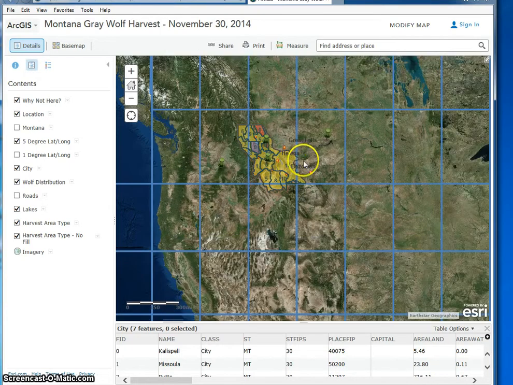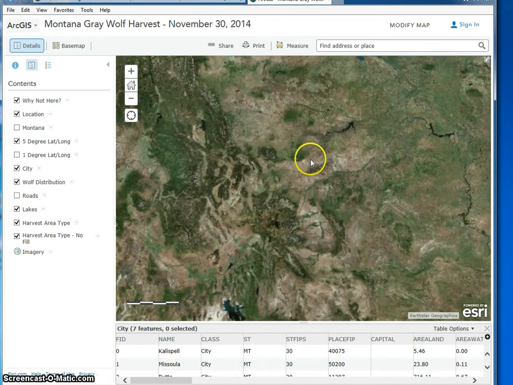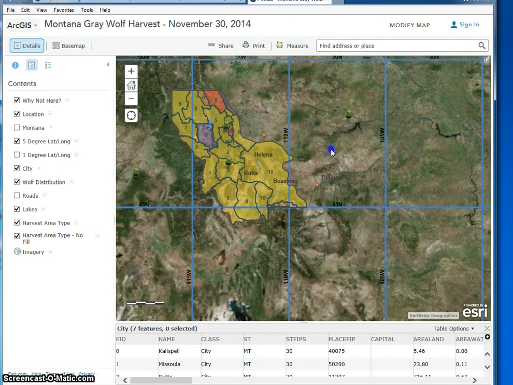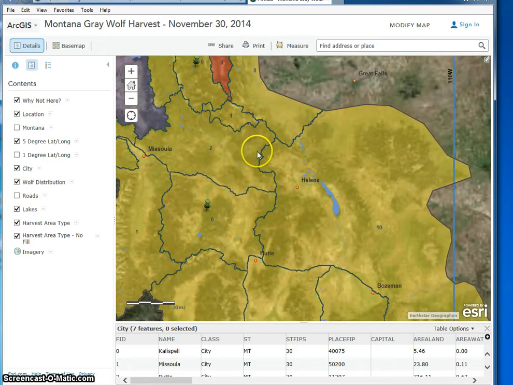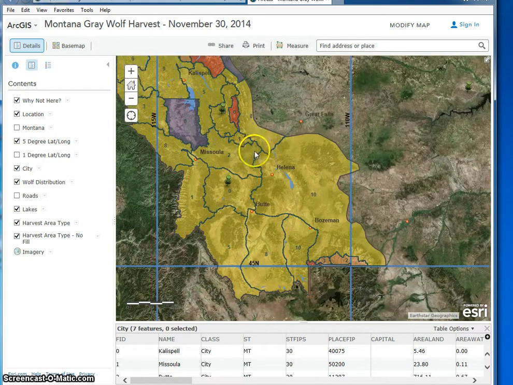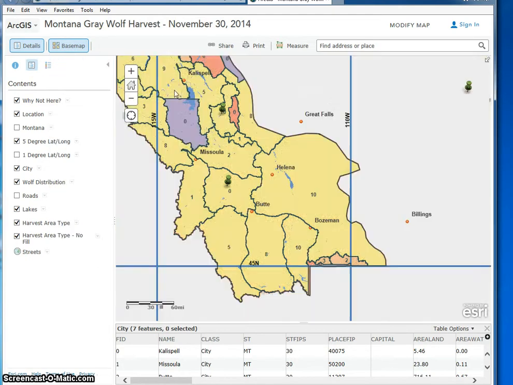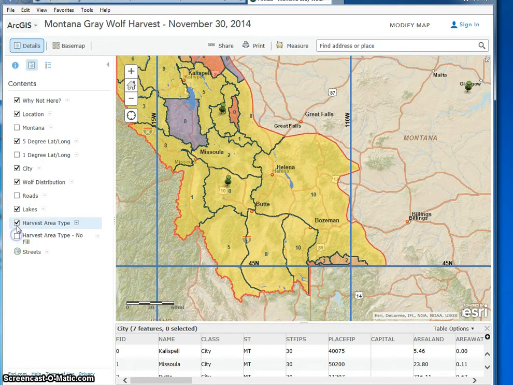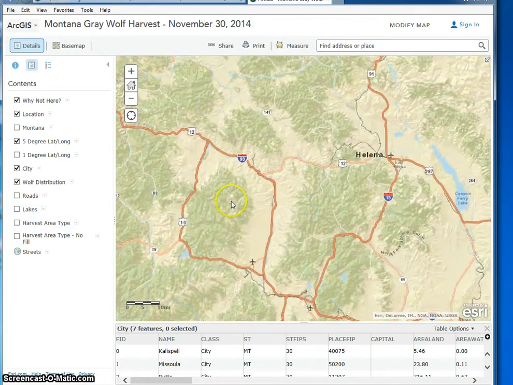Let's see, and then I think some of the hypothesis was to look at a couple areas, and I think primarily there's this area and that area. These 2 areas do not have any wolf harvest. And I think to do a proper job of this, you would have to turn on different base maps. You might want to turn on the imagery base map, although that's already on, so that would be silly. You could turn on the U.S. streets base map and then actually turn off these harvest areas. By zooming in, you could see that,